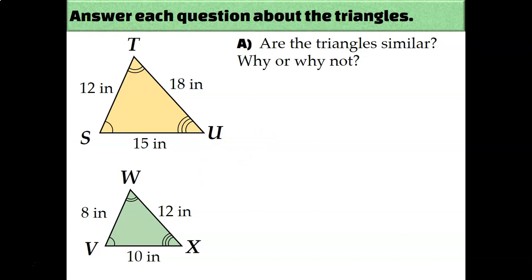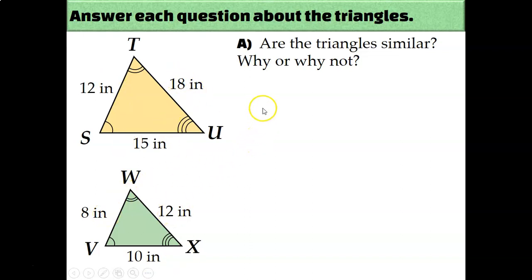Obviously, because I don't know that these triangles are similar yet, I can't have a similarity statement. So to set up my statement of proportionality, I instead need to look at the side lengths that I've been given. You can basically categorize them as small, medium, and large. The smallest side in one triangle must correspond to the smallest side of the other, and medium to medium and